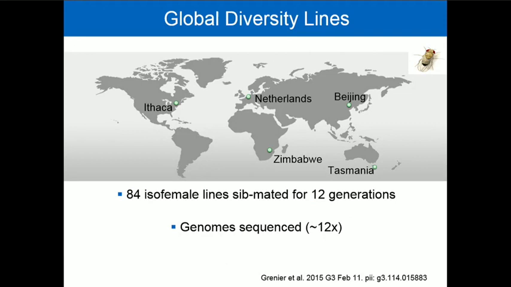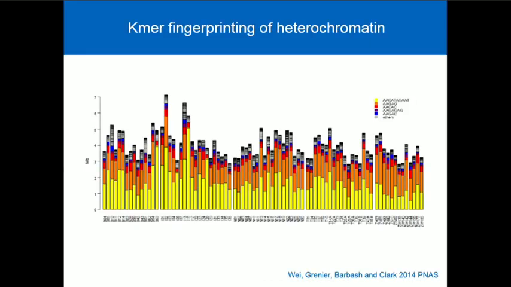So we had been working with a set of Drosophila lines that are fairly geographically dispersed. Let's say there are 84 lines, roughly 18 or so from each of 5 different populations. This project started quite a while ago, so we only sequenced them to 12x, kind of embarrassing at this point, but it's enough for all the things that we want to do. They're highly inbred, so it's easy to get quite good SNP genotype scores on them. And when we run this K-mer analysis on those, each of these is a line, and it's like those microbiome images, if you will.